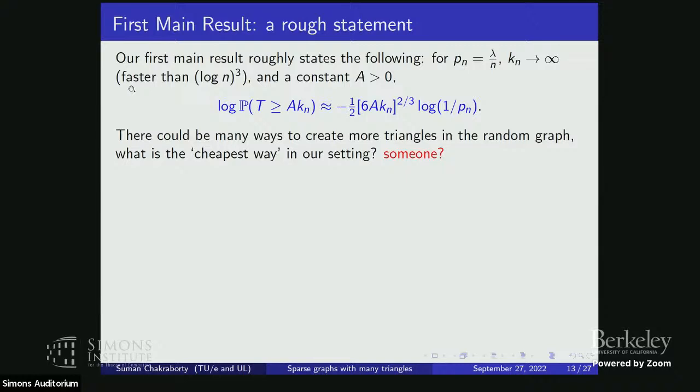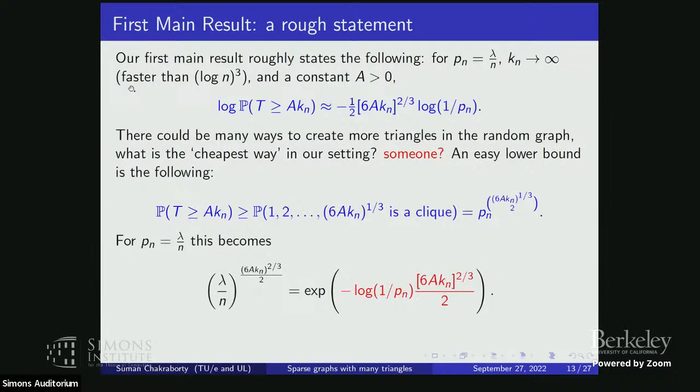Okay, I guess everyone knew the answer. So this is basically just planting a clique of appropriate size. And when you plant the clique of appropriate size, you get a lower bound immediately. And the lower bound is this. And this lower bound matches this quantity, and there is no more fancy math. So this is the lower bound. So all the work goes into the upper bound.